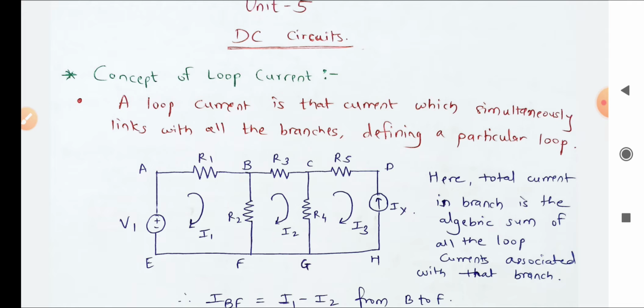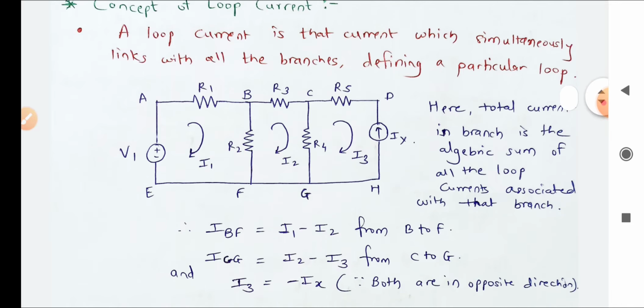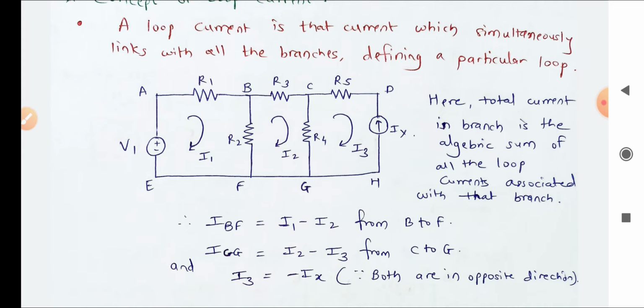Now on screen one network is present, network A, B, C, D, H, G, F, E, A, and in that network the loops are also present. Now you know the concept of loop. Loop is a set of all the branches which forms a closed path. So A, B, F, E, A; B, C, G, F, B; and C, D, H, G, C are the three loops in this network. Now as the loops are there, loop elements are also present in each loop.